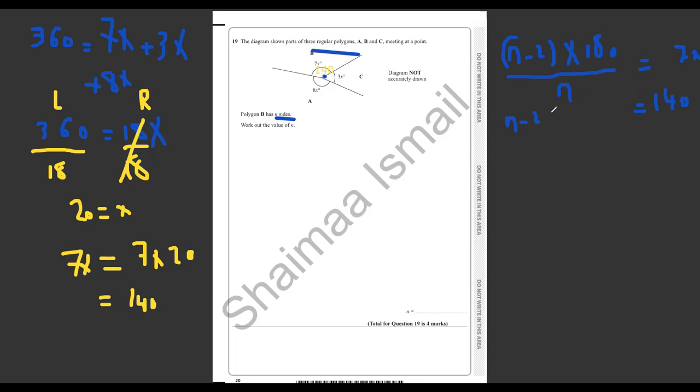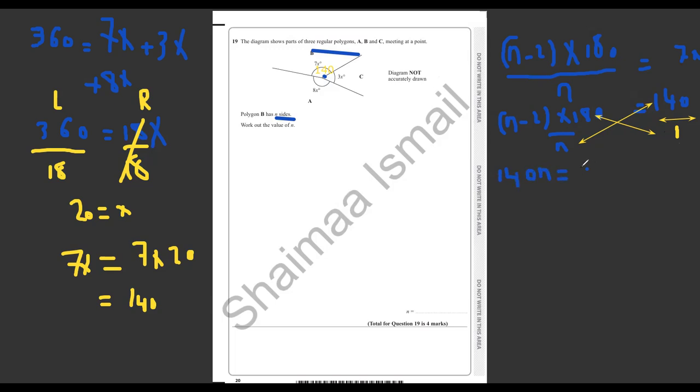Okay, n minus 2 multiplying by 180, dividing by n. So here we have to make a cross multiplication just to make it a linear equation. So we have to get the 140 multiplied by n, and this would be over 1, and here we multiply it by 1. And we do all 1. So 140n